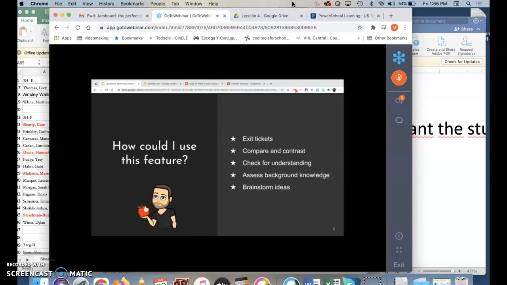Brainstorming ideas. So perhaps we're going to be creating a project on the causes of photosynthesis. Perhaps we have students show what they already know about that. Maybe they're drawing a picture. Maybe they're adding a Post-it note. Maybe you have each student go and do a Google image search for a particular object that reminds them of what you're talking